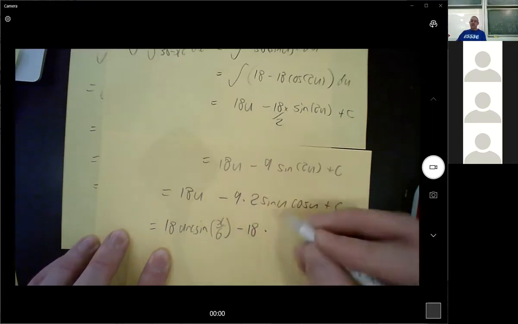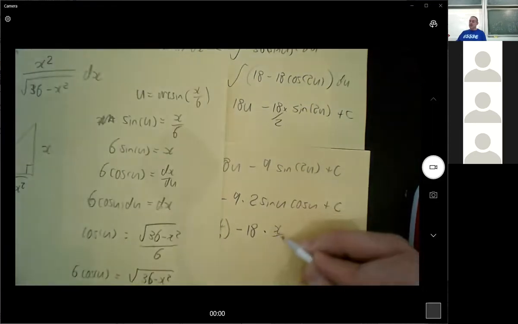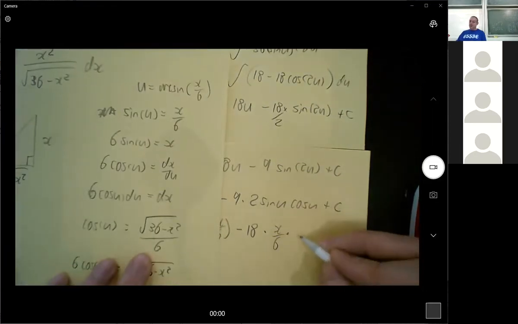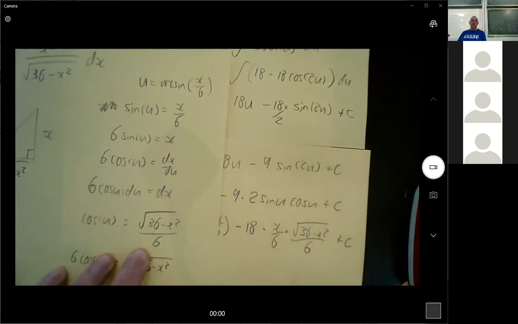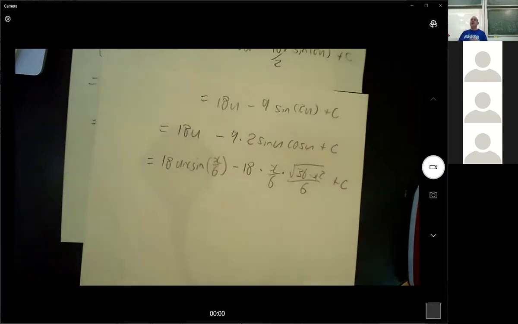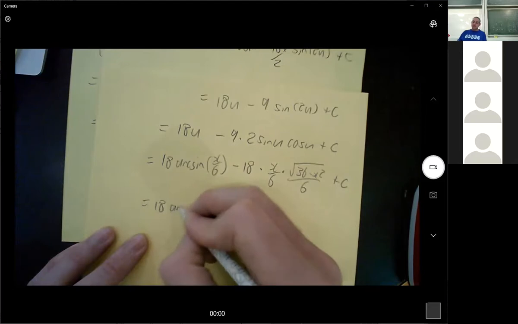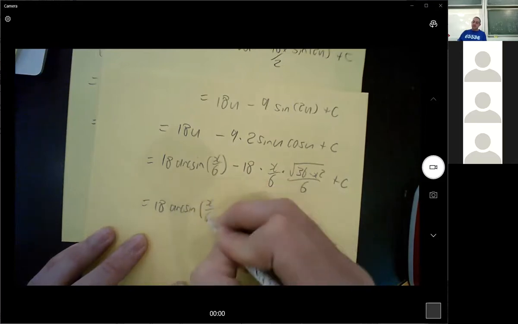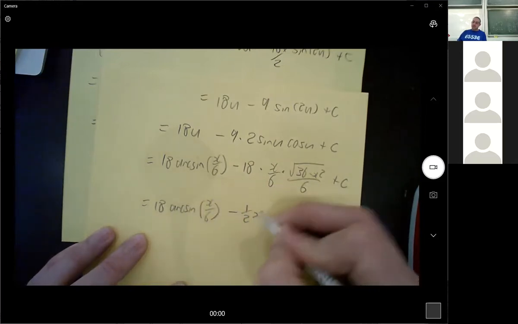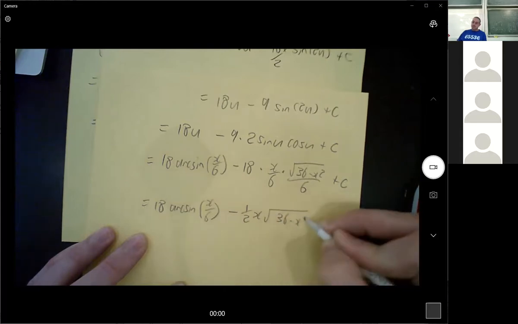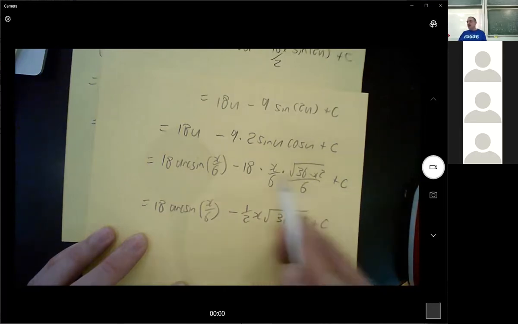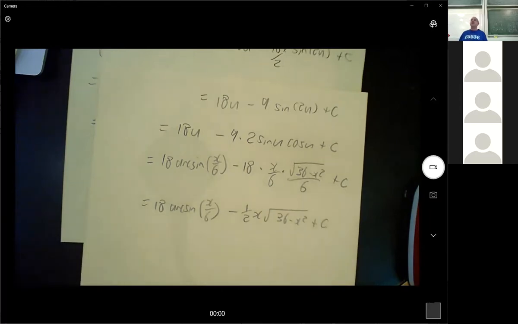The 9 times 2 is 18. The sine u was x on 6. And the cos u was root 36 minus x squared on 6. And I have now got an answer. I know that's a half because that's 36, and 18 divided by 36 is a half. So,